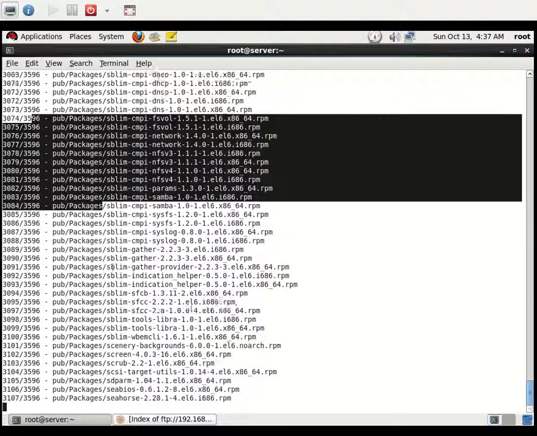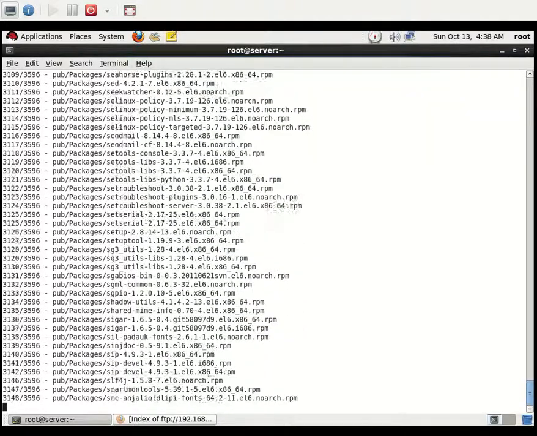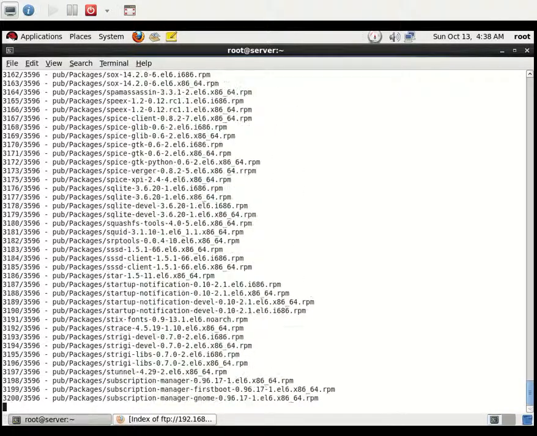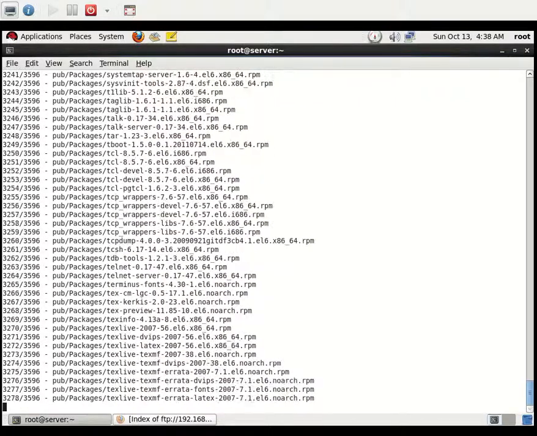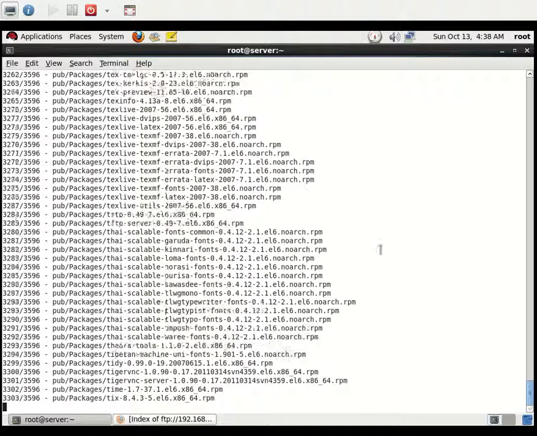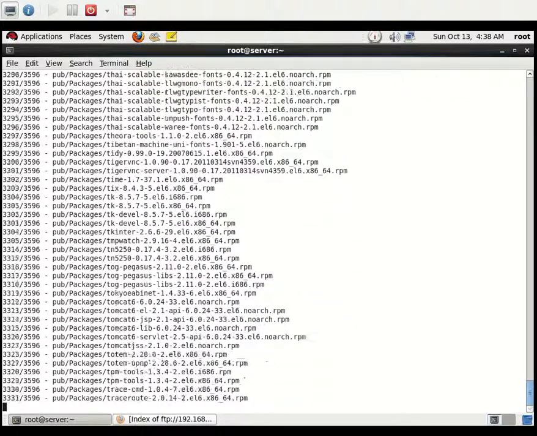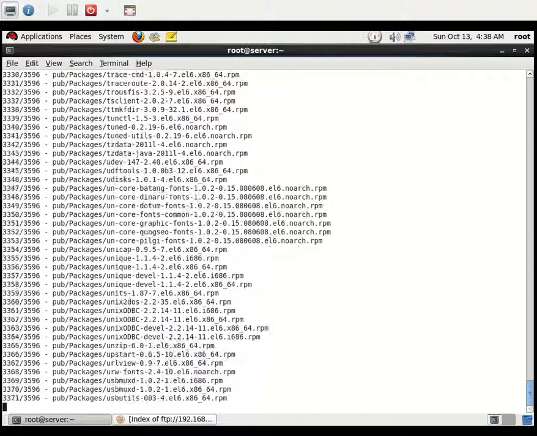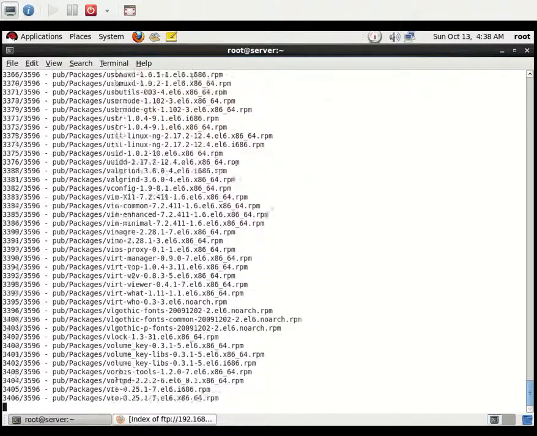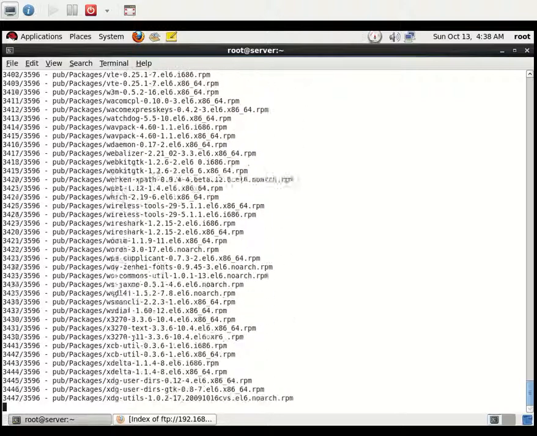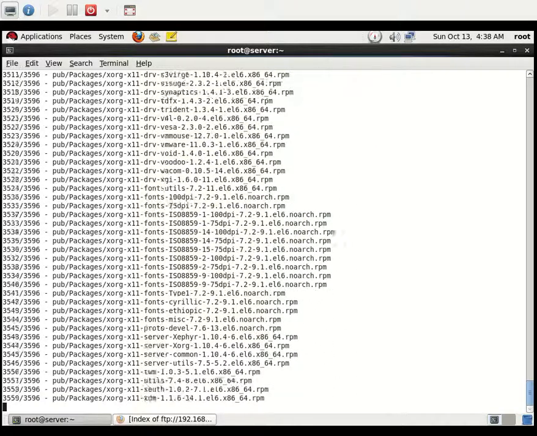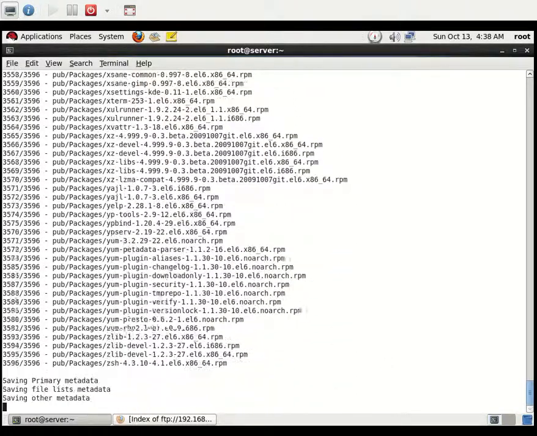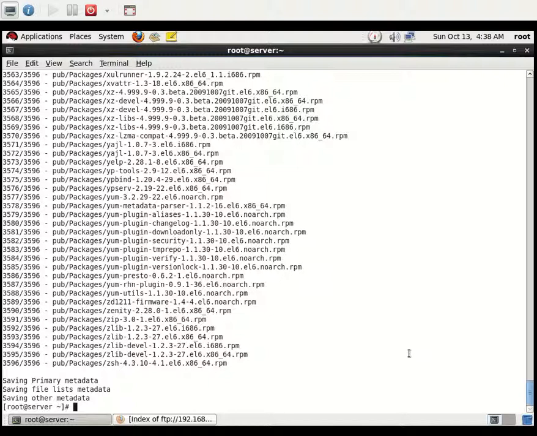But in CentOS the packages are totally free, and if you use CentOS you can update using yum. They provide them totally free, but Red Hat Linux does not provide them for free. The package name, as I have shown you, is vsftpd, followed by the version, the release, the architecture, and the extension, the RPM file.